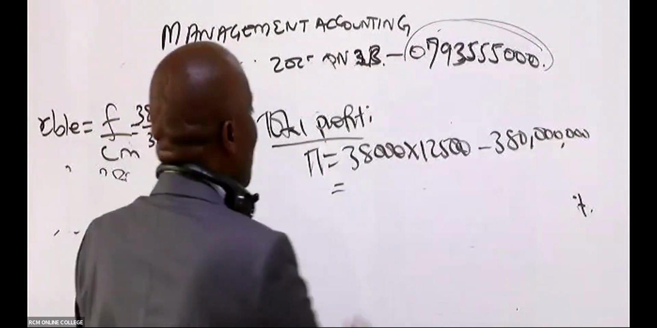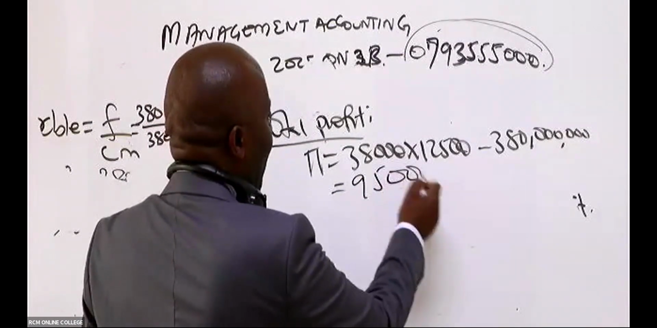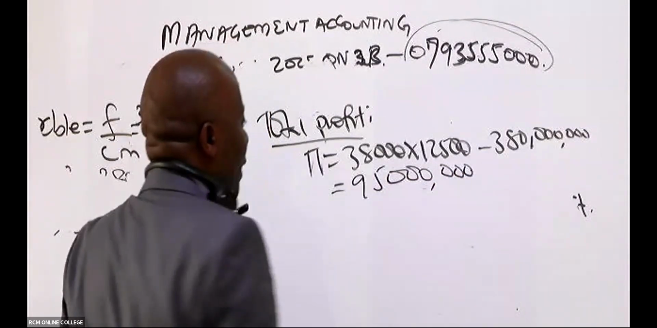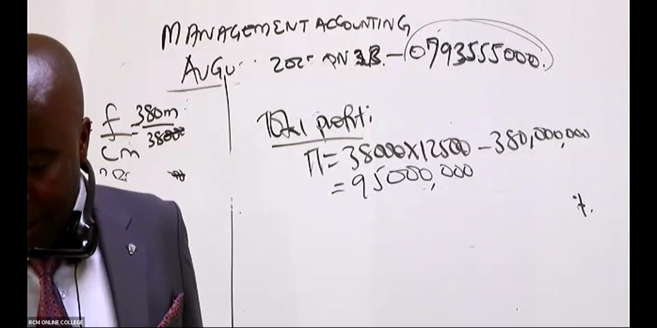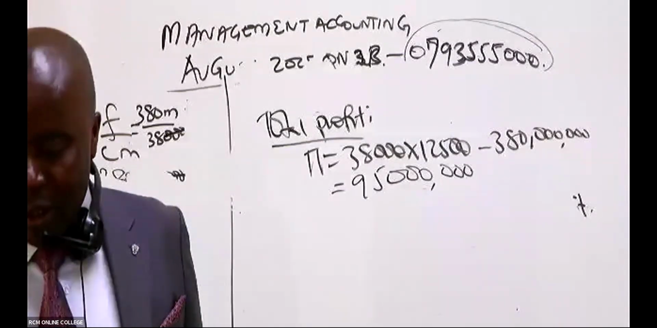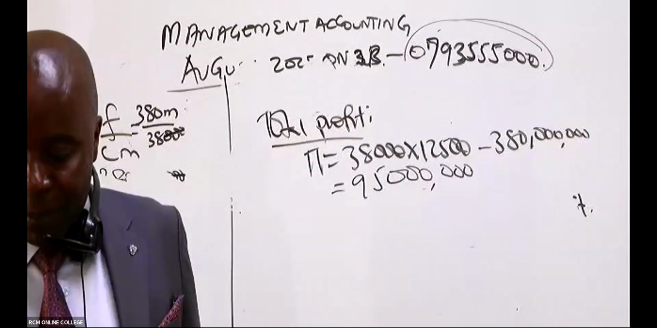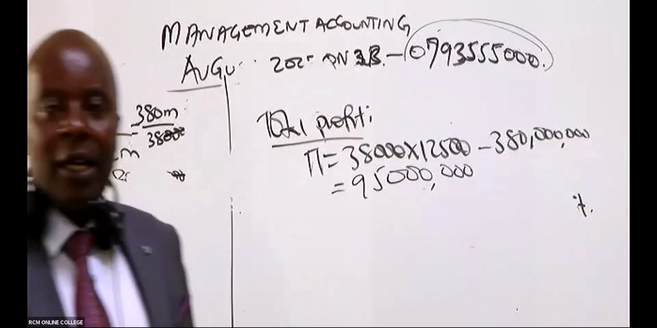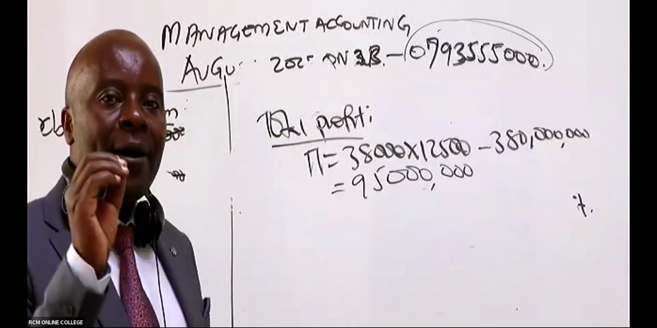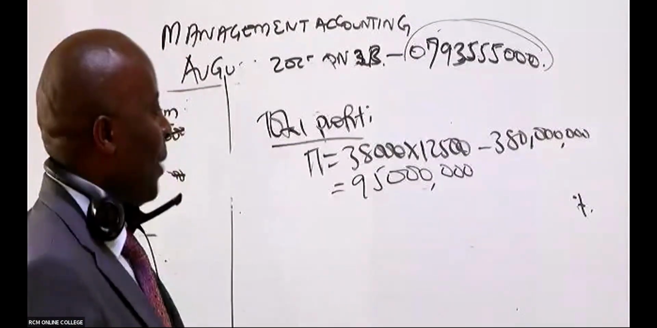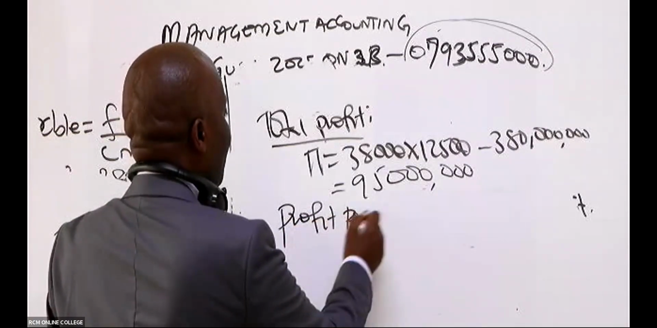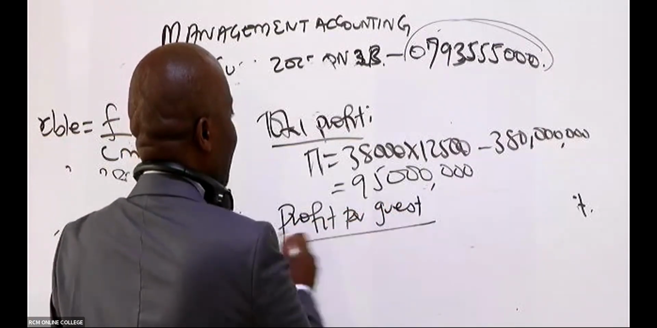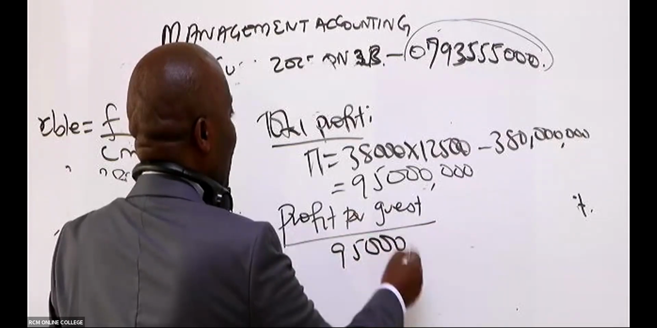So they're telling me that this profit is 95 million. Great, Emily, thank you so much. So that profit is 95 million, and then they wanted us to give them the profit per guest. This is total profit, and therefore profit per guest. Profit per guest will be 95 million